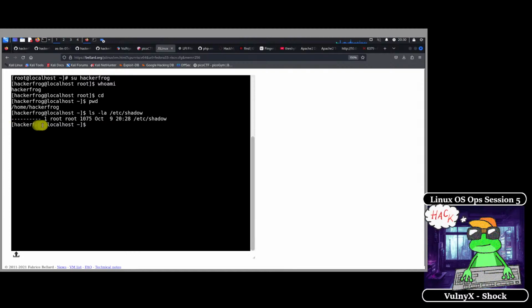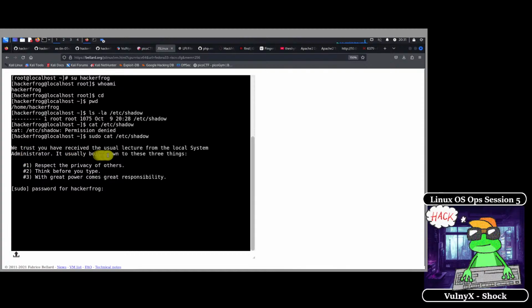and there are no permissions for the shadow file, meaning that we can't read it. So strangely enough, there are also no read permissions for the root user, which is interesting. But what we can do is we can try to read it using the sudo command. So if we were to just try to cat the shadow file, it's going to say permission denied because we're not the file owner, and there's no read permissions for other users on the system, as we see over here. If we were to do sudo cat /etc/shadow,